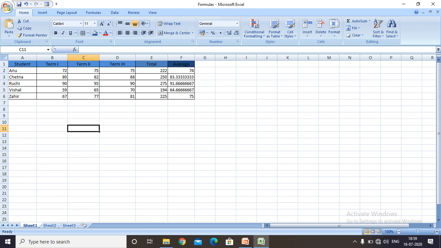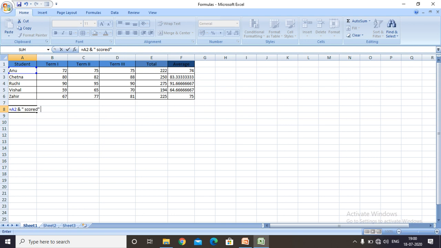Now, let us see an example of how to use a text formula. Suppose I want to type over here. So I'll select the A8 cell to display the result. Now type equal to A2. So I refer to this A2 cell and put an ampersand sign, space, double quotes, scored, and close the double quotes. So I have typed the text scored in inverted commas.